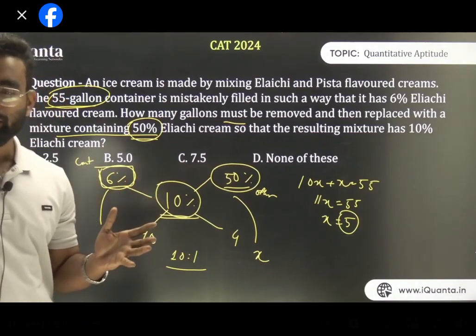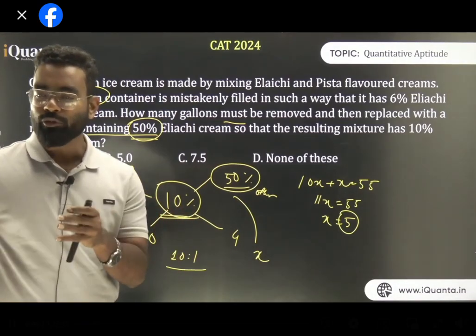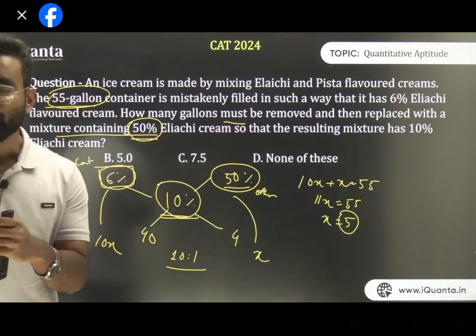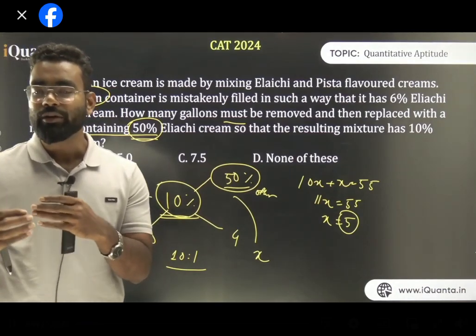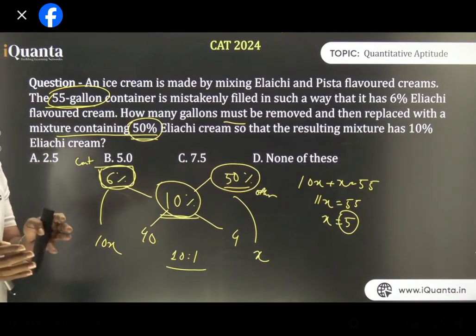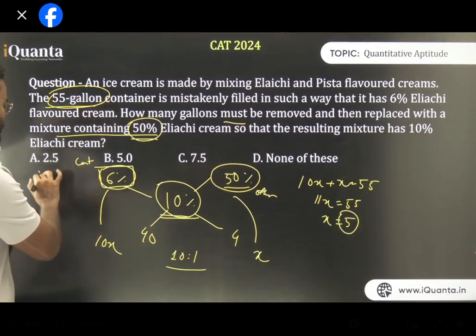If I have, let's say, a 100 liter, 80% milk solution, and I'm removing 20 liters, the 20 liters is also an 80% milk solution. So there is no question of removing it, so removing itself gives you the same thing. So after removal, let's say,